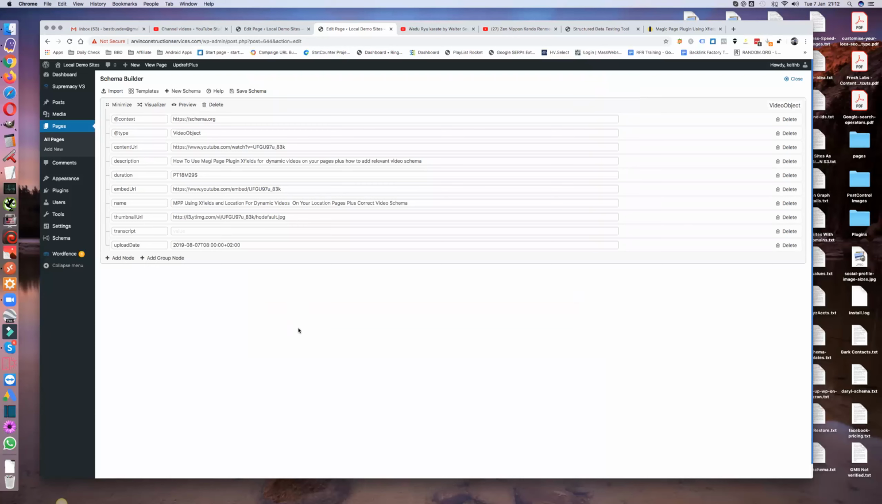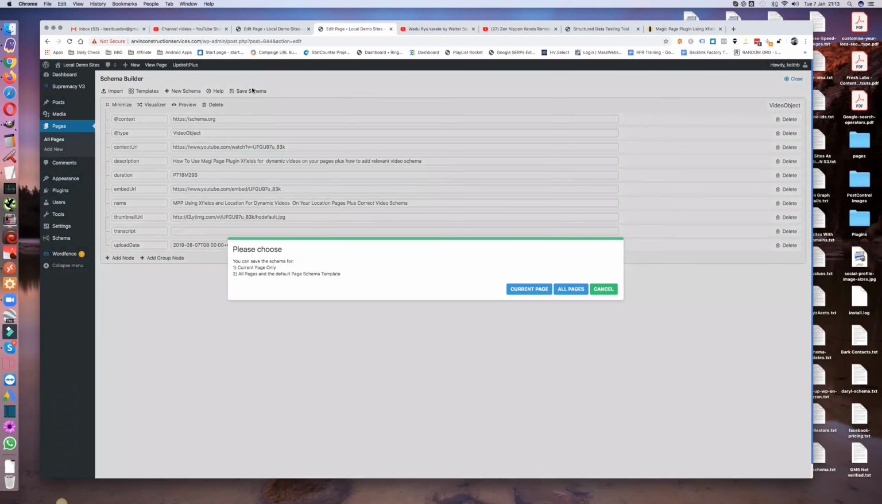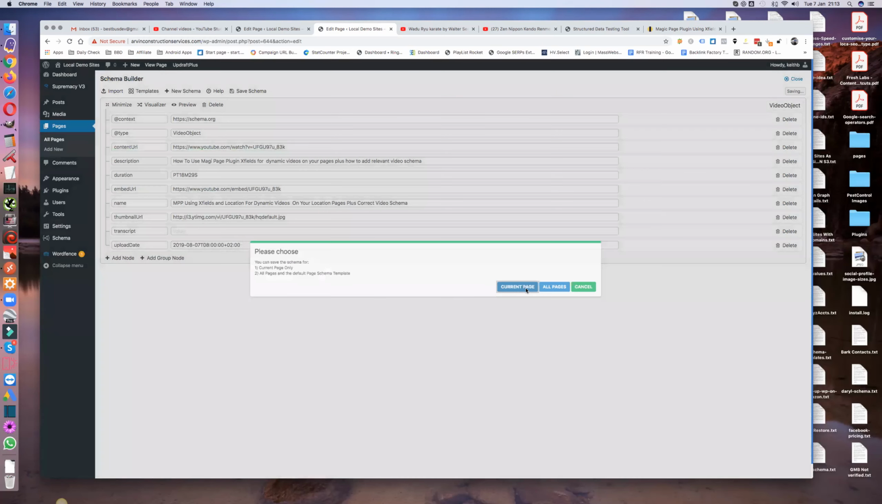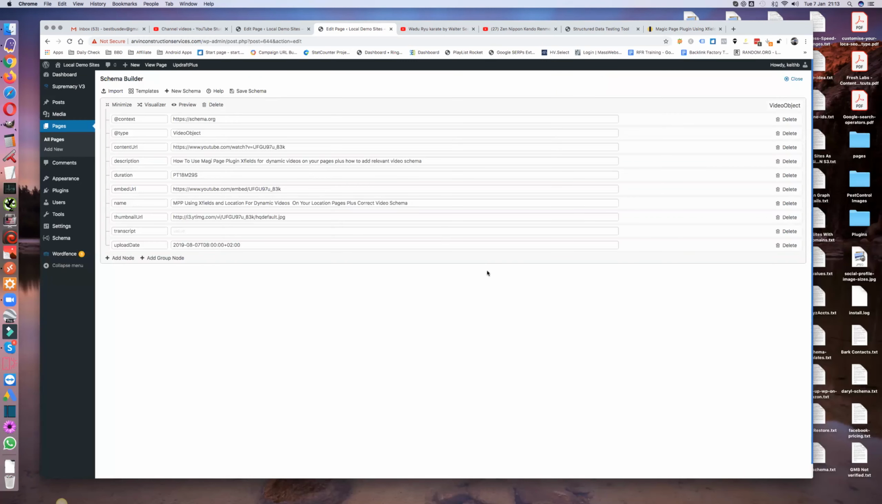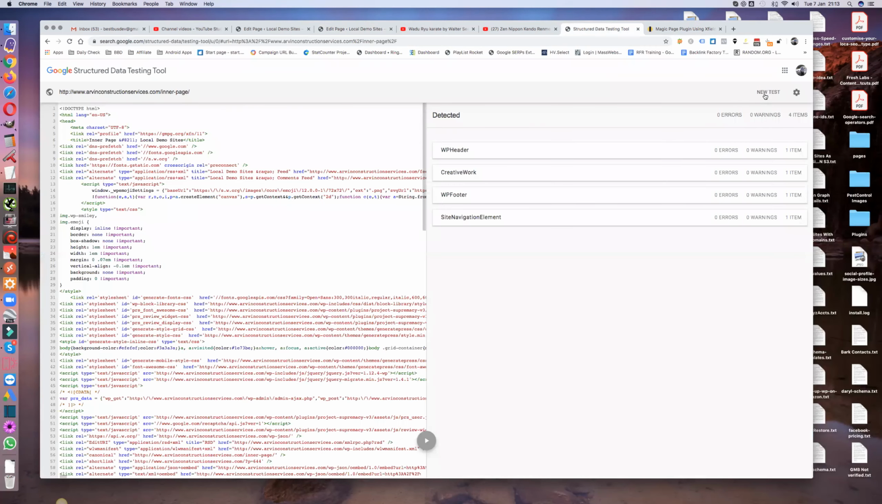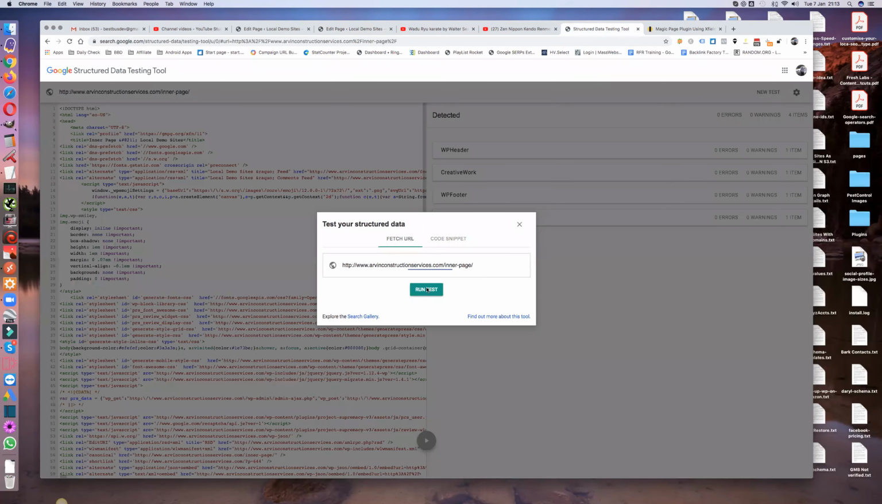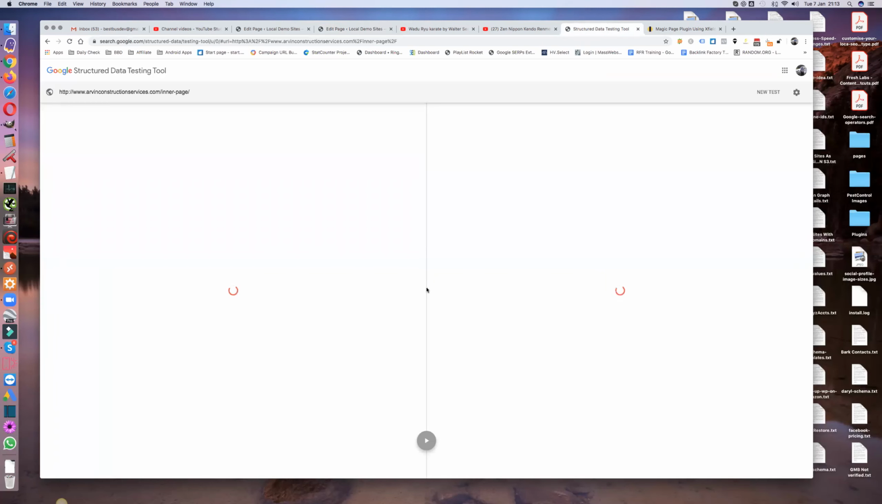The first thing I do before I change anything is save it. I've saved that schema just for the current page. If I save it for all pages, it's going to go across all pages, and I might not have the same video on all pages, so that's not a good idea. So now I've saved it. If we pop back over to the structured data testing tool, do new test, run test, we should see